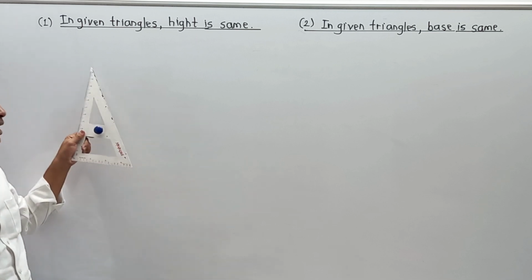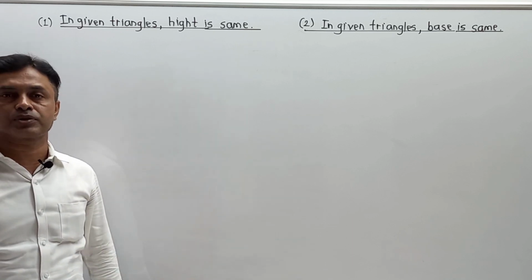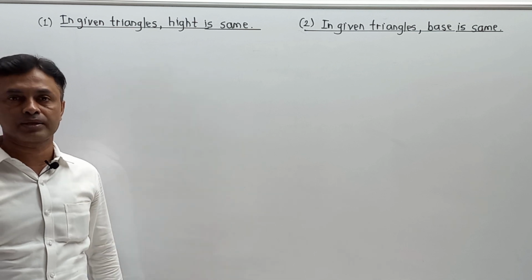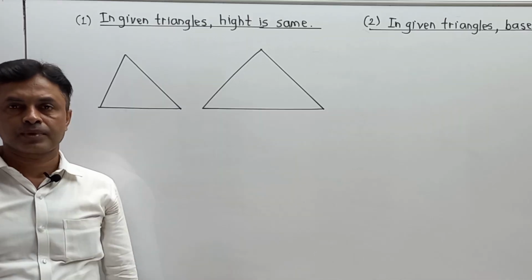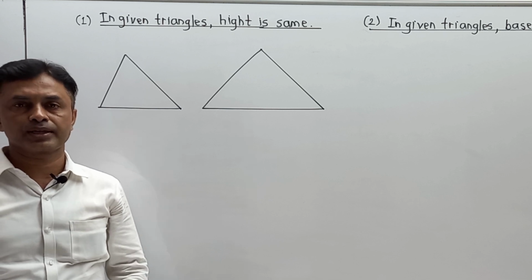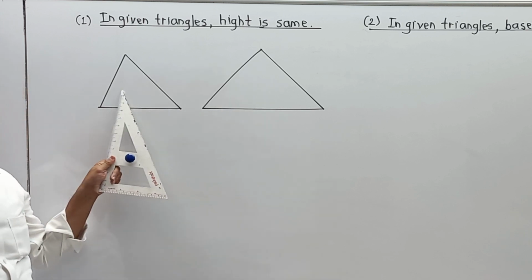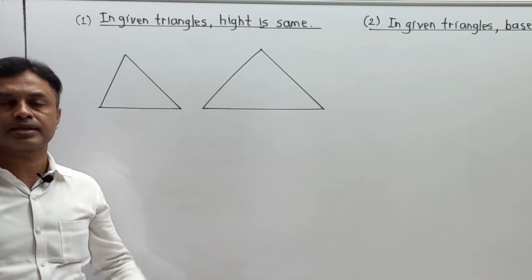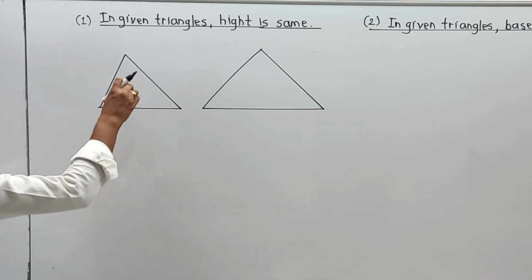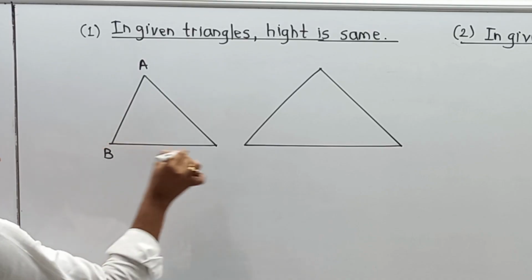Means let us say the first triangle has height 7 cm, then I am going to draw the second triangle also of height 7 centimeter. And in this way, we are taking its comparison part. So please pay attention. Now, making a comparison for your understanding, here I have drawn two triangles. Definitely the first triangle is somehow smaller, or you can say the second triangle is somehow larger in terms of size or dimension. Here I am going to indicate the first triangle again with the same nomenclature, ABC.